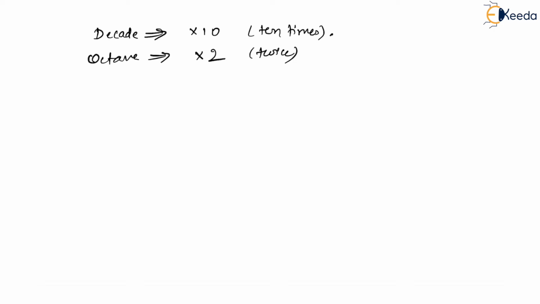Is that right? Now, how will that axis look? Let us see. Before that, in decade, I had always taken log to the base 10. Is that right? Yes. So in octave, if I'm multiplying by 2, this is going to be a log to the base 2 graph. Let me take one example. You will understand it so clearly. Okay. Let me have this gain.